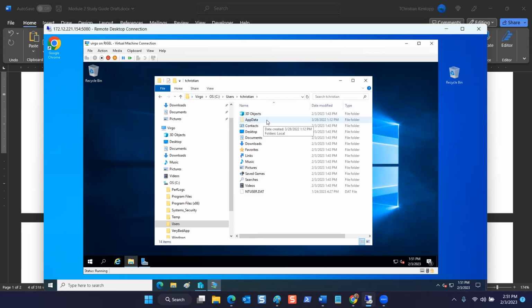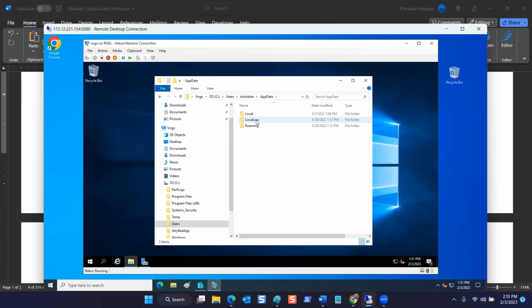So sometimes when people wipe their slate clean for a new machine or they get a brand new machine, they lose their email box or they lose their contacts or they lose their shortcuts. That user information is stored in here. And a lot of times when people are migrating, if they're wiping the slate clean and reloading, they forget to look in the hidden directory where your contacts and your email program are stored, or your email box itself, or your browser favorites. That's in here. I'm going to go in here and go into the local folder